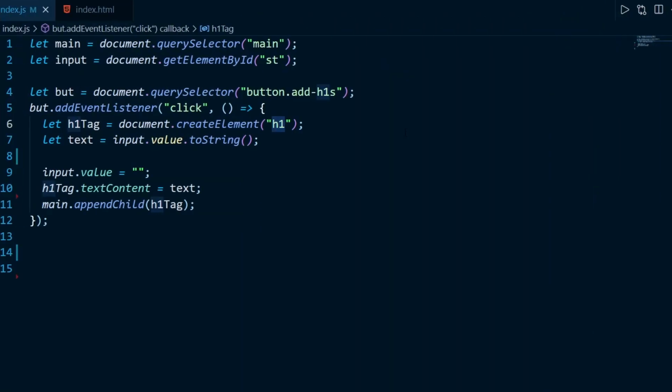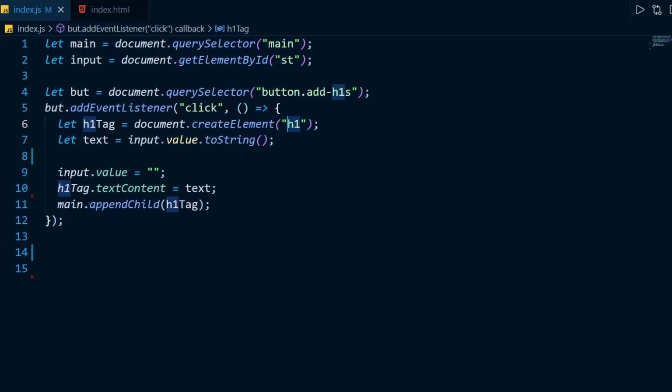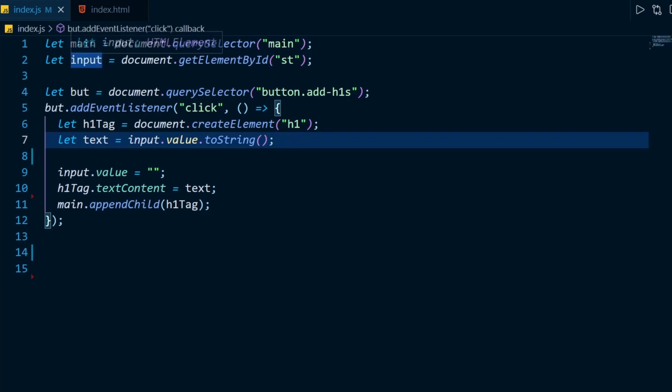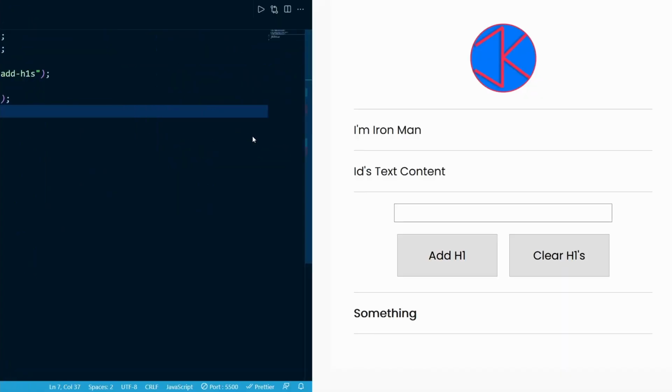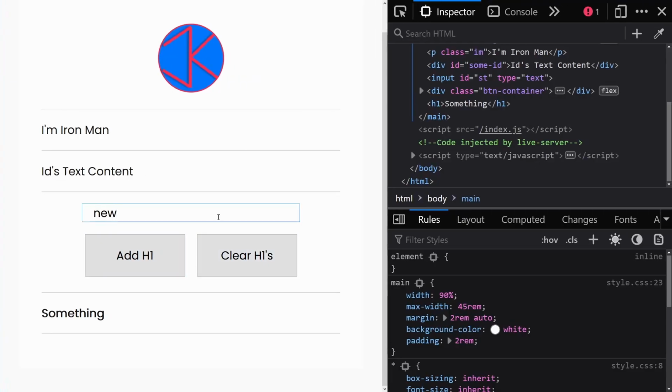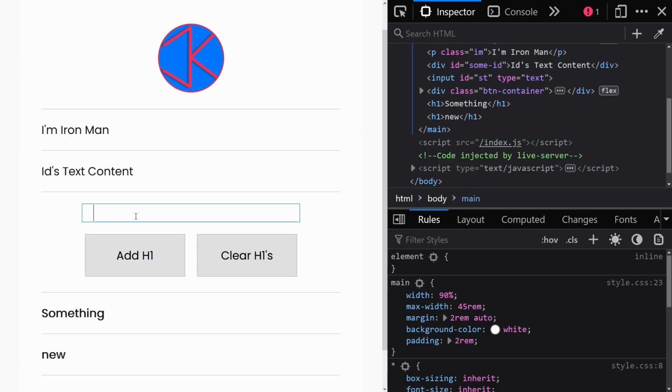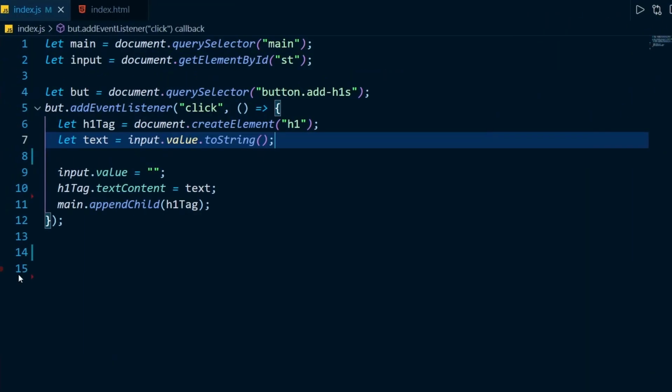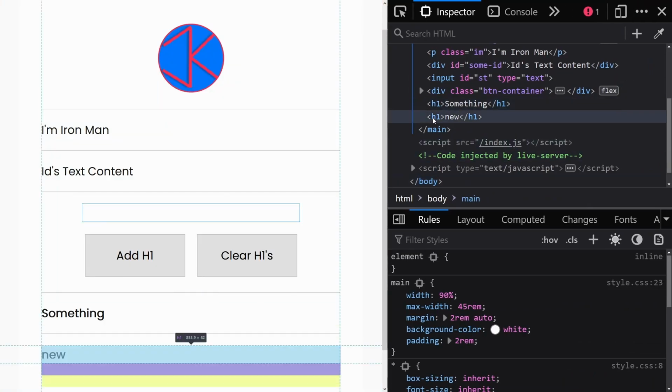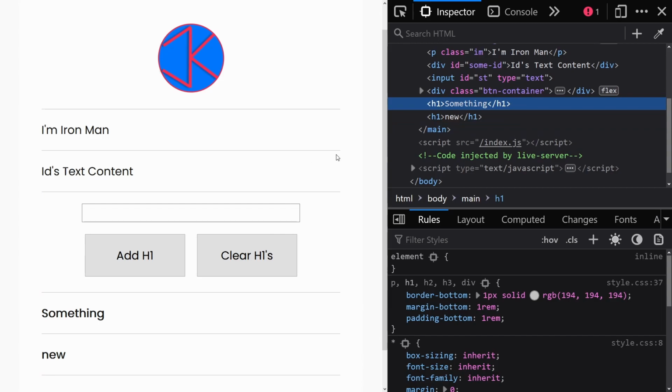our markup, and then we are just extracting the input value from our input tag and then changing its value to empty. So that's why whenever we add something new, its value is empty again and we do not have anything inside of it, because we are doing that in our program. And then we are changing the text content, that is what will be inside of the opening and closing tags of h1, new something, using a program.